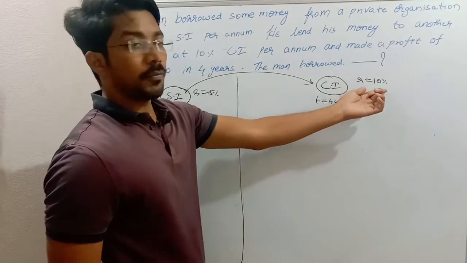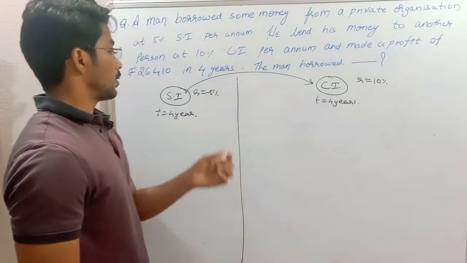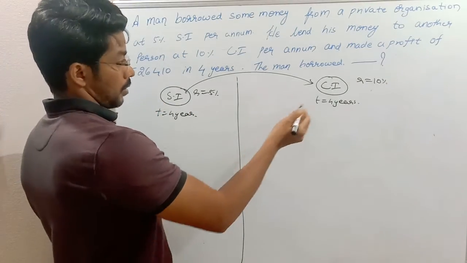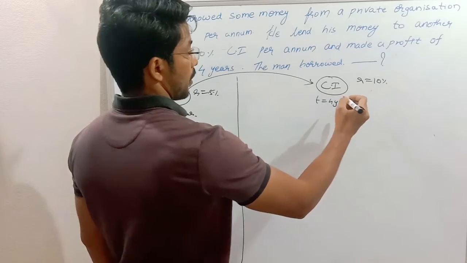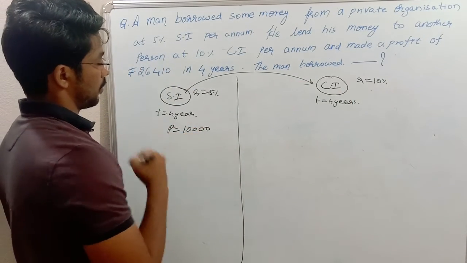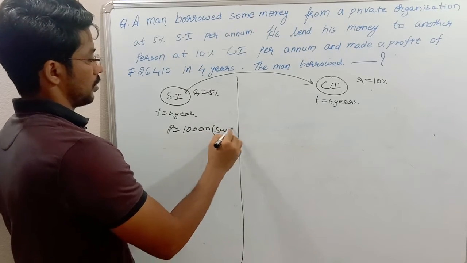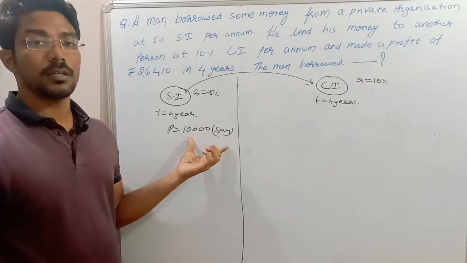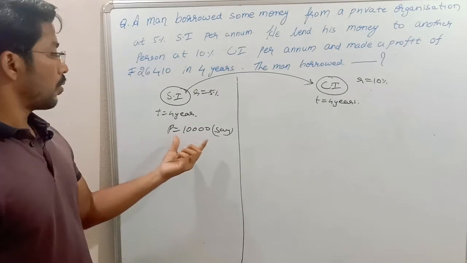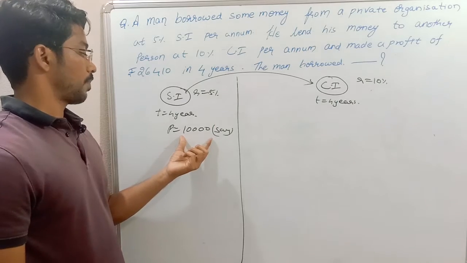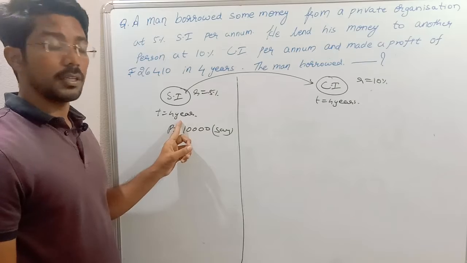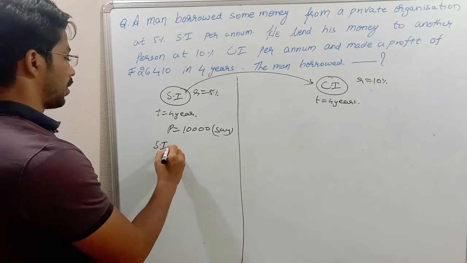So the rate of interest is 10% in compound interest and 5% in simple interest. Now if I consider the rate of interest, suppose for example I take the principal as 10,000, so that it will be easy to calculate. So if the principal is 10,000, then the interest he has to pay at the end of 4 years is, we know that formula,